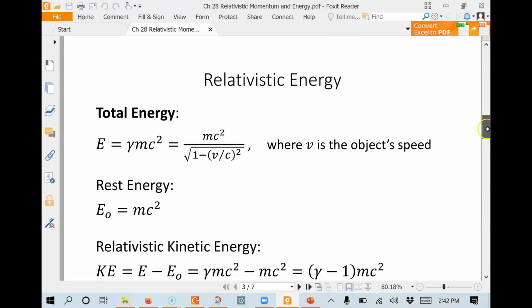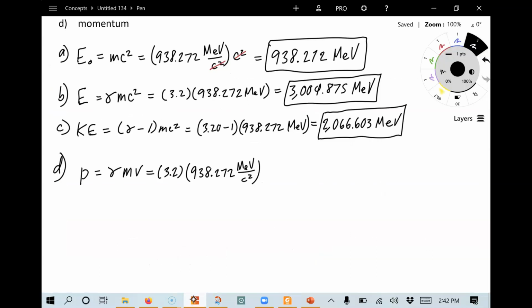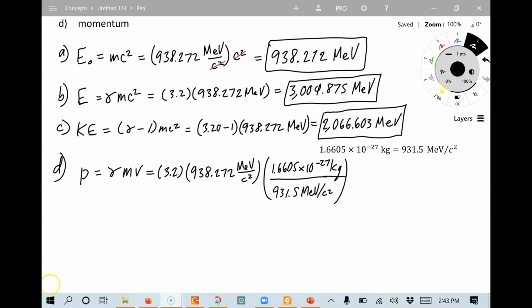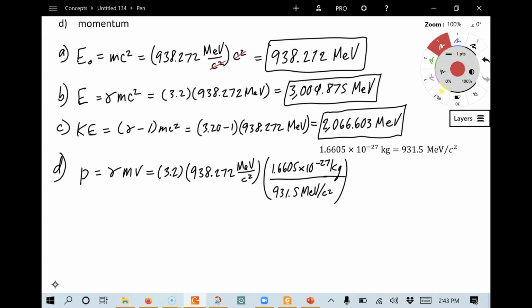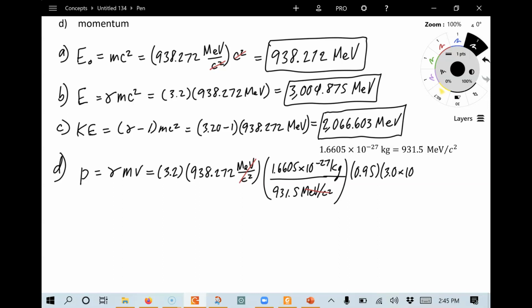Let's go back and look at our conversions here. There's 1.6605 times 10 to the minus 27th kilograms per 931.5 MeV. Let's put the conversion factor in there, which says we're going to cancel out our MeV per c squared, and we'll be left with kilograms. And finally, we need to put the speed in there. Remember that that is 0.95 times the speed of light, which is 3.0 times 10 to the 8th meters per